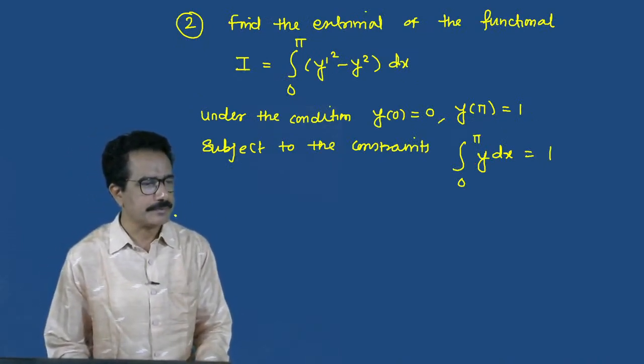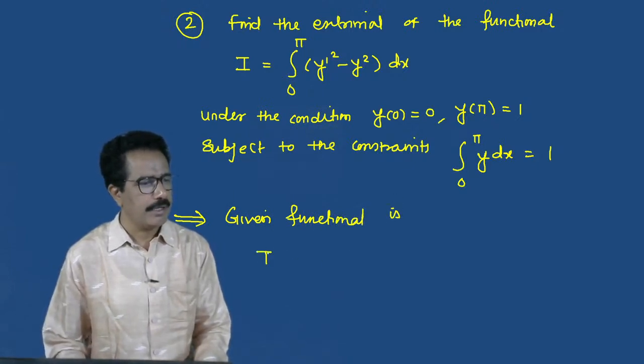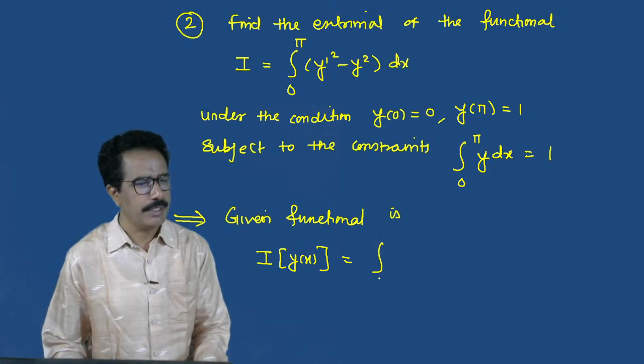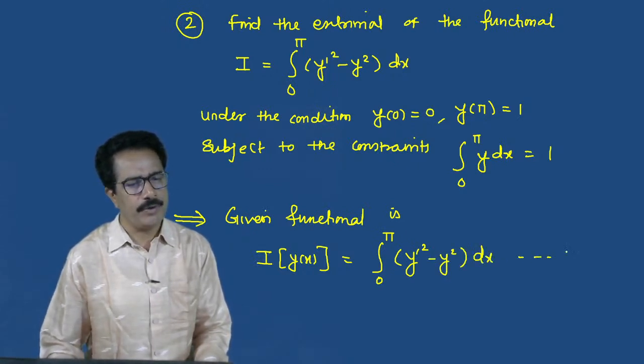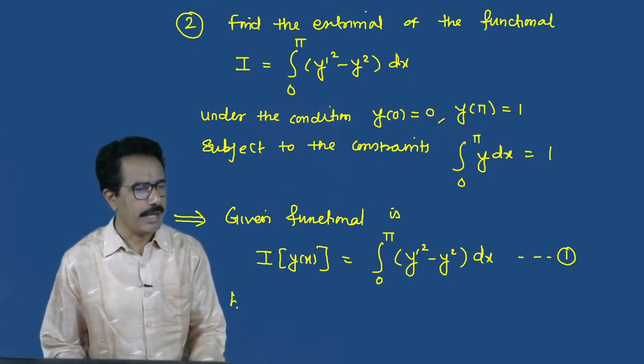So the given functional is I of y of x, which is equal to the integral from 0 to pi of y dash square minus y square dx. Suppose this is 1. Under the condition having boundary conditions